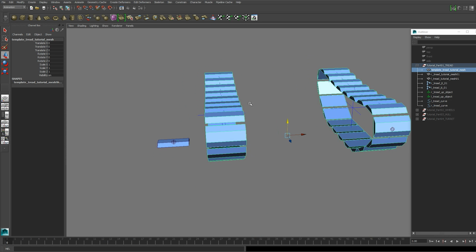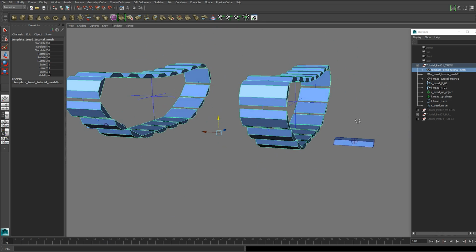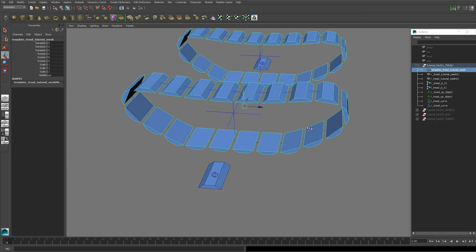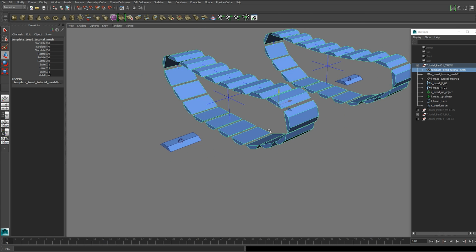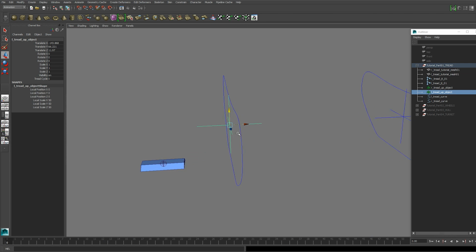In this case, there's 20 on each side, so 40 total, but we're just going to do one at a time. So 20 tread pieces fill this curve. Alright, we can just go ahead and delete that now, as long as you've extracted your tread piece. The next thing we're going to talk about is a locator that you need to create and place